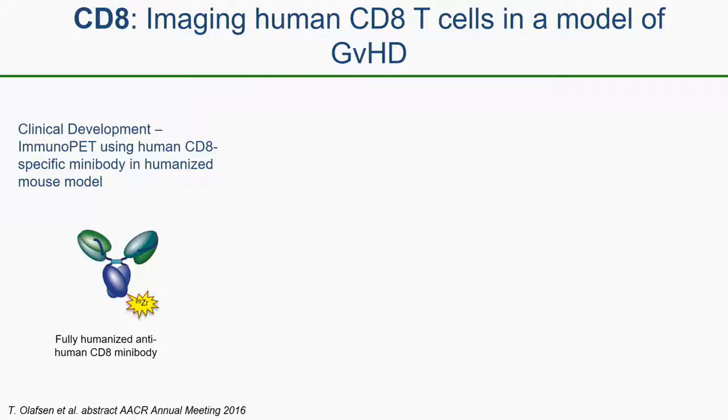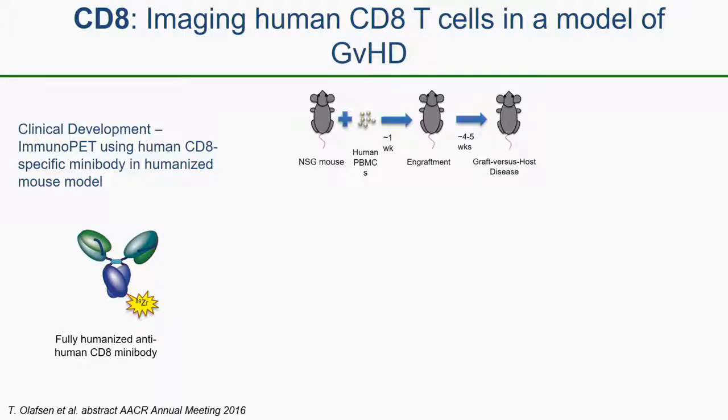First of all, to confirm that the agent itself would image and detect human CD8 T cells. This is the agent here, humanized mini-body recognizing human CD8. And here is a humanized mouse model where if you take an immunocompromised mouse, a severely immunocompromised NSG mouse, reconstituted with human peripheral blood mononuclear cells, what will happen is after a week, you engraft the humanized immune system into the